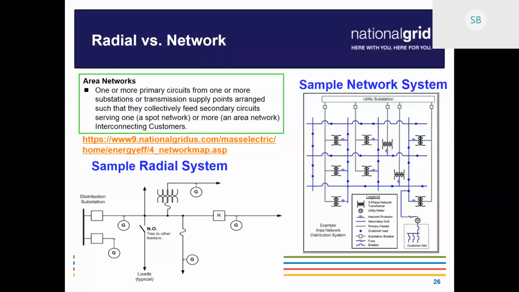The second type of system is radial, which is a lot more common. That's just a line that would go straight out from the substation and radially feed a particular area. And again, at the end of this line over here, there would probably be a tie point that goes to a different substation, but it's not closed until we need it if there was a problem upstream on this sub.